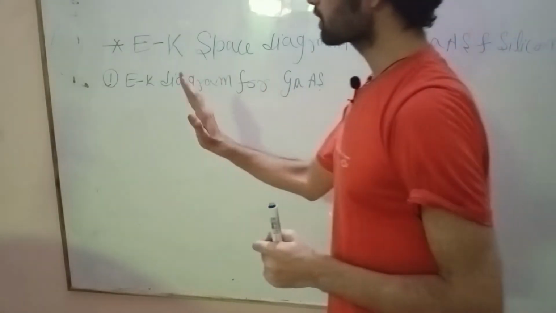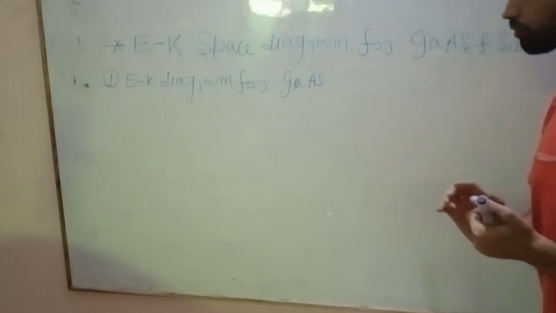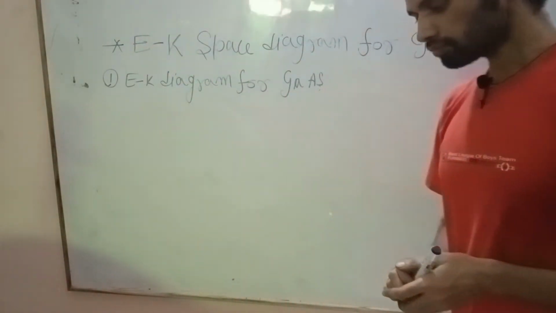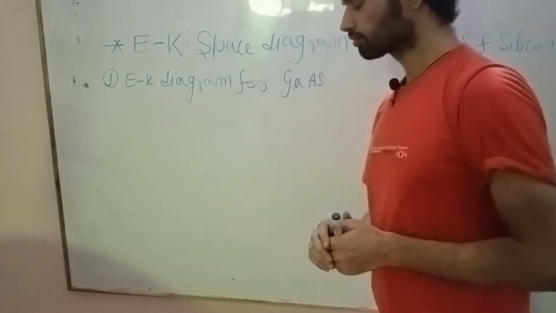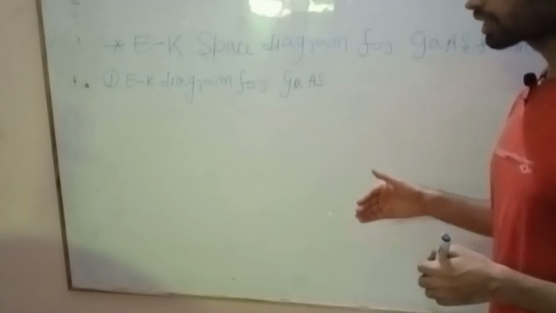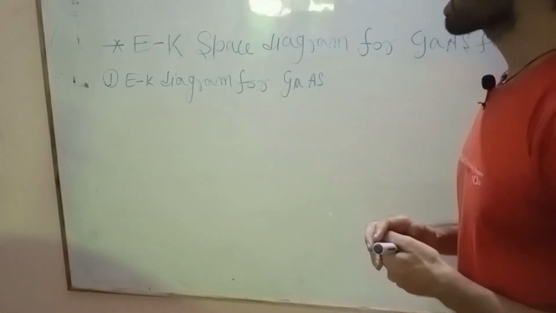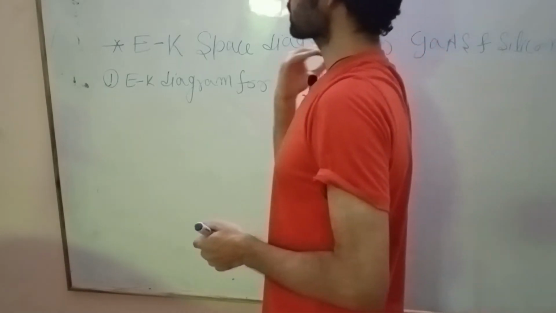What is this EK space diagram? Energy versus momentum diagram. Actually it is not like a conventional band diagram that we have seen in the last class, like conduction band, valence band for insulators, to differentiate insulator, conductor and metal. So there we got the information about only the energy band gap. But this EK space diagram,